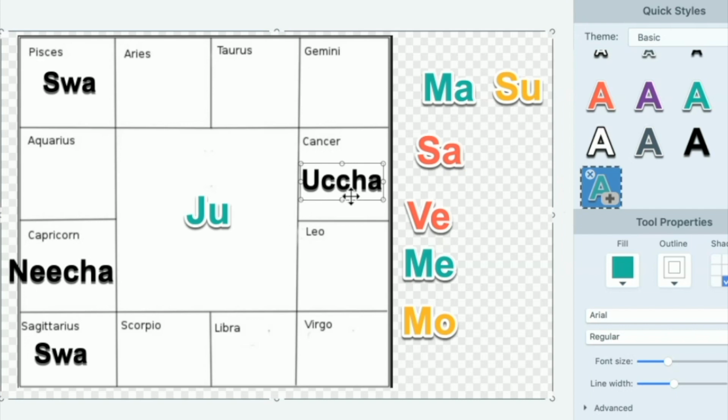Jupiter is a charitable planet. And so in the sign of Cancer, because he has the nakshatra of Pushya, which is a very spiritual nakshatra. Pushya gives spiritual fire. So when Jupiter is exalted, but especially when it's in Pushya nakshatra, it's really